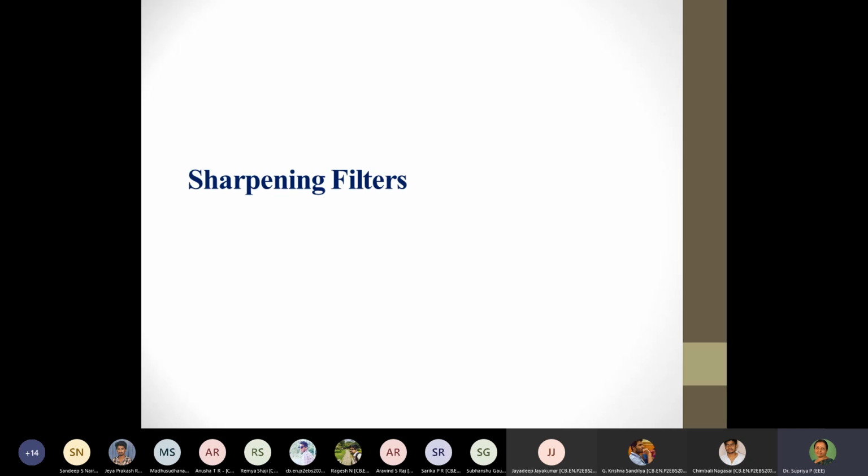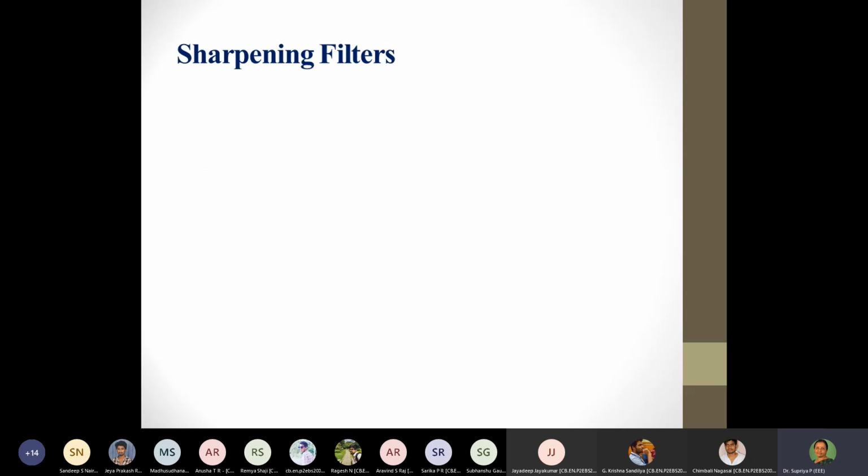Discussion is the second series on the sharpening filters. We had seen sharpening filters have some features about its mask, about how the values of the mask will be, etc. The major thing that we had discussed about the sharpening filter is that it is a high pass filter and it will be able to detect the edges.